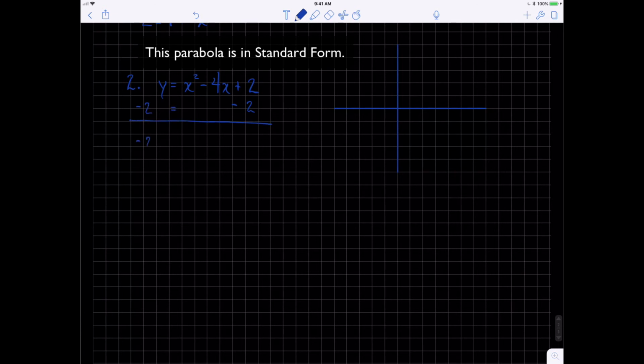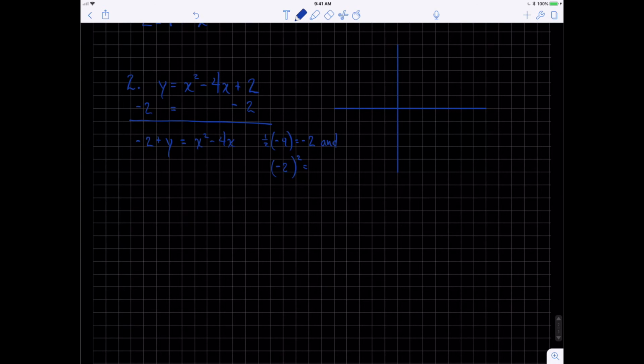So I have negative 2 plus y equals x squared minus 4x. We take 1/2 of the negative 4, and we get negative 2, and then we square this, and negative 2 squared is 4. So now we add 4 to both sides. So I have 4 minus 2 plus y equals